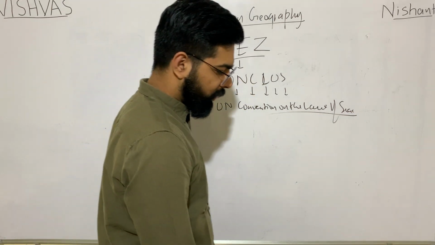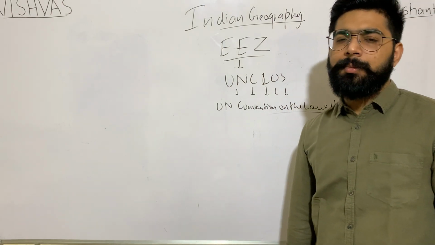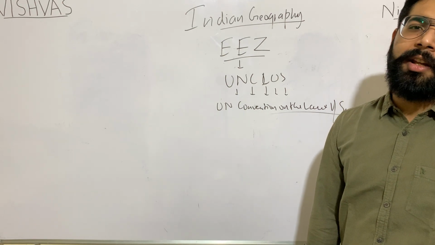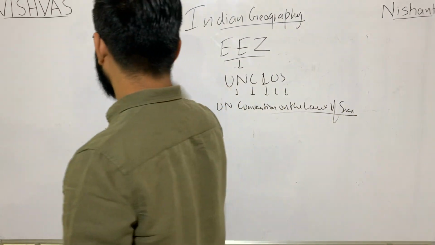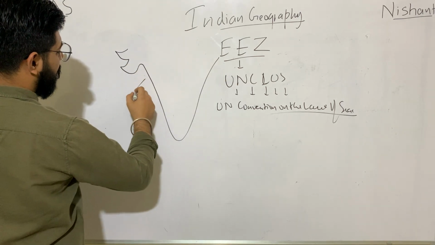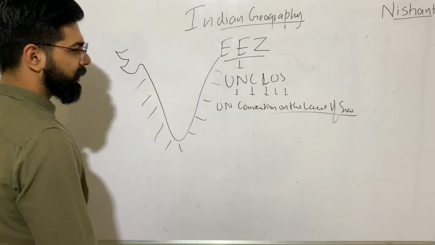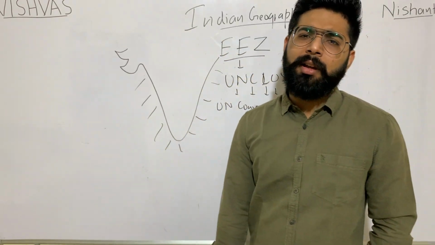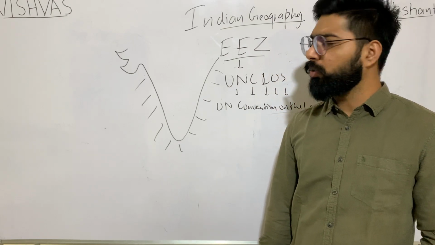As per UNCLOS, every country having a coastline has some sovereign rights to that water body with which it is sharing the land. Say in case India has sovereign rights to this Indian Ocean part. It means it can extract the resources, like crude oil, fisheries, anything. You can exploit the resources in the region.